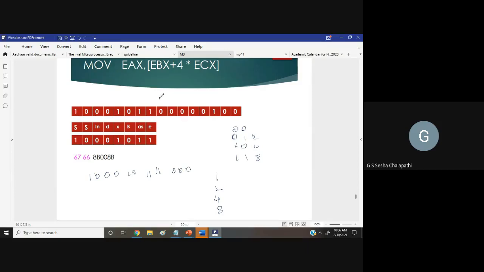This is called the base, and this is the index, right? And you scale the index. This is the scaling factor that you have. The scaling factor can be 1, 2, 4, or 8.